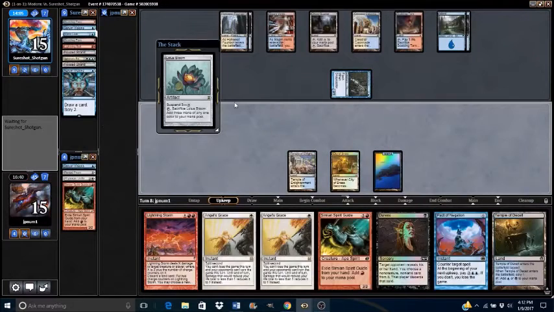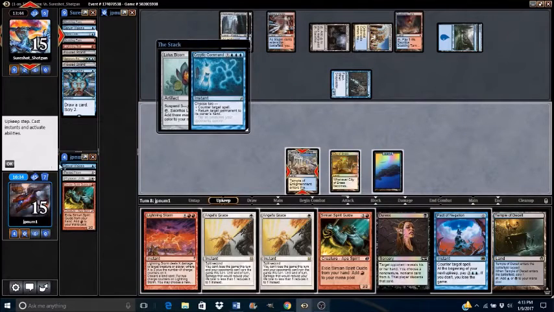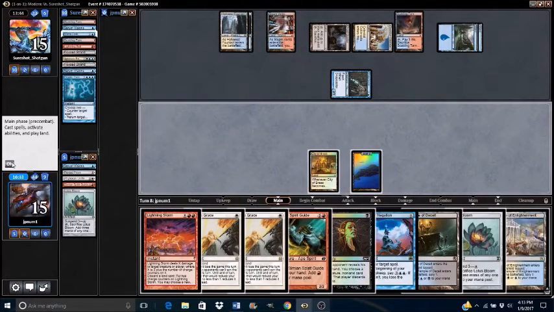Cast the Lotus Bloom. Opponent might use a counter spell on it here, so I think I'm fine with that. Opponent Cryptic Commands, countering and returning my Temple. Now that's kind of obnoxious. Yeah, that's fine. Another Cryptic Command. Drew another Lotus Bloom. So we'll go ahead and play Temple